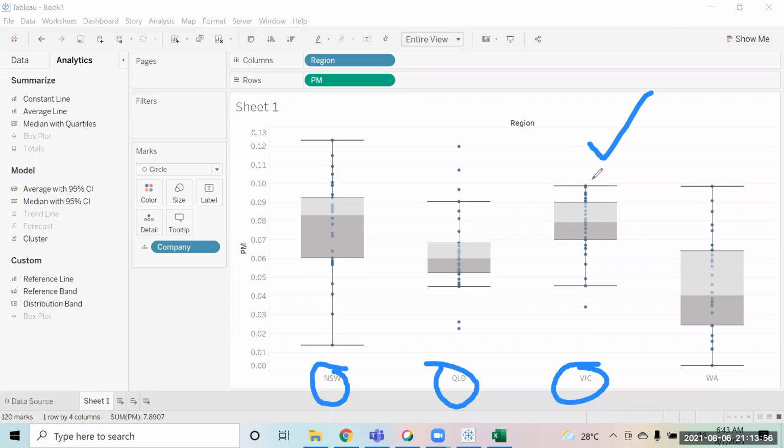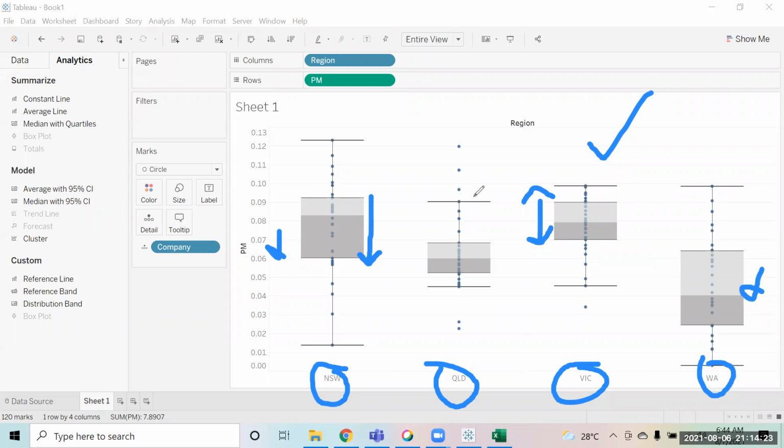Because if you take a look at this, I told you, right? When the box plot size is big, that means there is big variation. And when the size is small, there is less variation. Less variation means more consistency, right? So if you see Western Australia and New South Wales, they have big boxes. So they are not a good choice because there's a big variation in the profit that I can see.